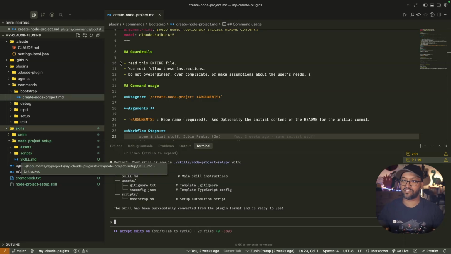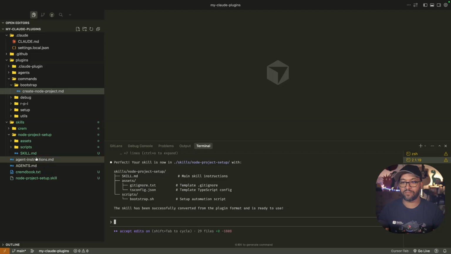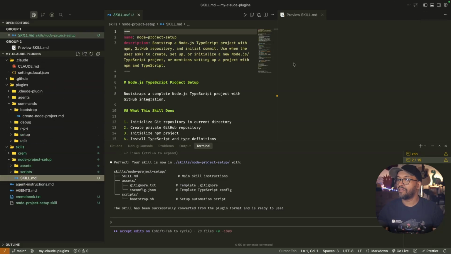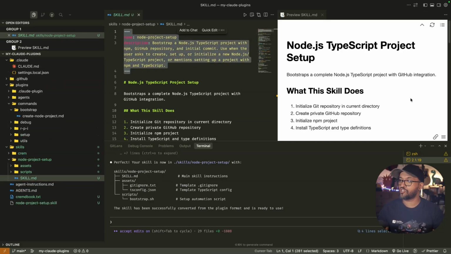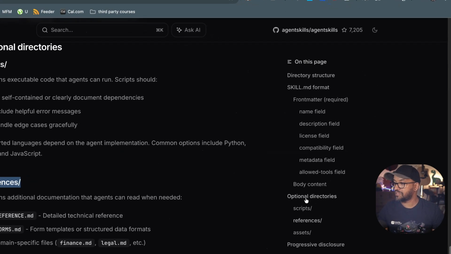and you'll see that there's a top level skill.md. Let me close out the old one. Let me open up skill.md and we'll walk through it together very quickly. You'll see that it has some front matter, which is not going to show up in the preview on the side, but it basically tells you what the name is and what the skill description is. And if you take a quick look at the actual reference, you will see that the front matter has a name field, a description field, a license field, a compatibility field, metadata, and allowed tools field, right?